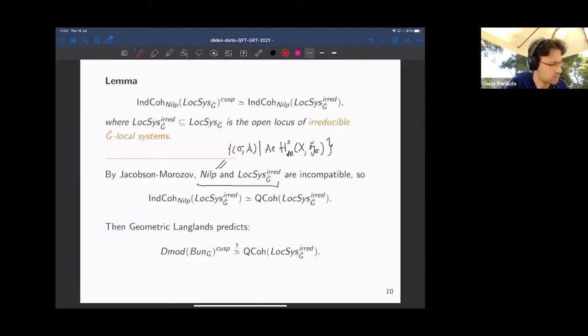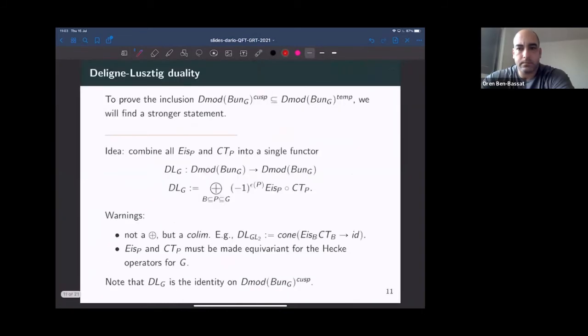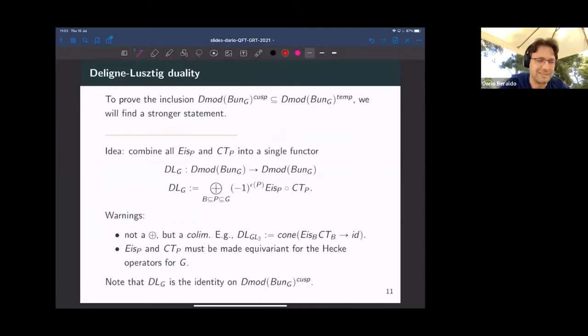Okay, so we got to the conjecture. Also, I tried to convince you that if you believe in geometric Langlands together with its compatibilities, then you should believe in this conjecture. And now let's try to prove it. Well, that's not the time yet, because like I said, I don't know how to prove it directly. And so my strategy is to find an intermediate category between those two that makes the problem a two-step problem, and each of the steps should be easier.